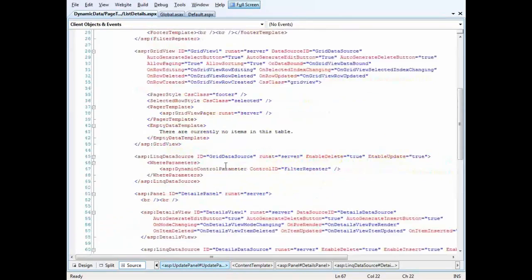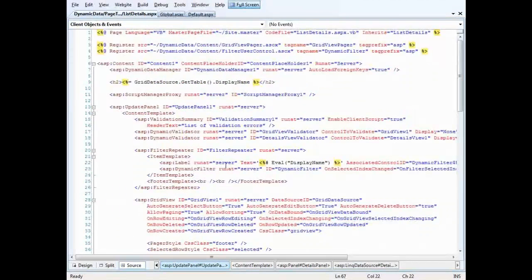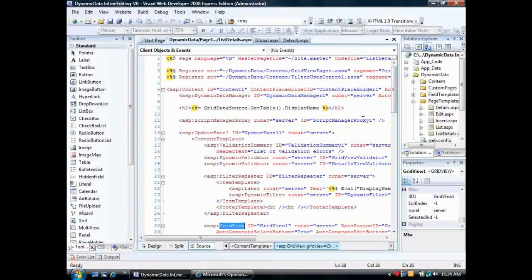So this is just a standard page using a grid view, just like you might write from scratch. So there is a high level of customizability available in this listdetails.aspx page. And one of the things to remember just before I close is that although we're using list details